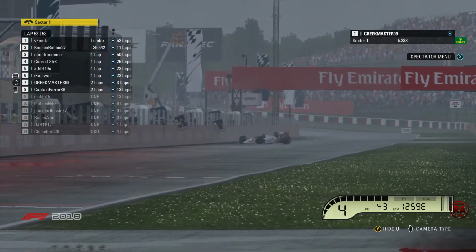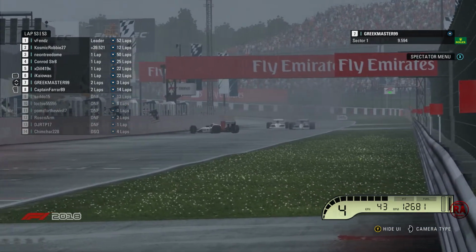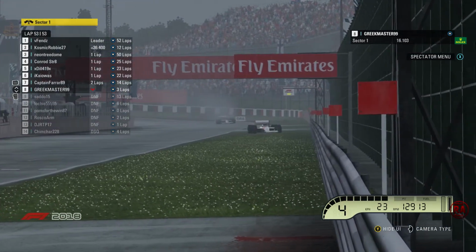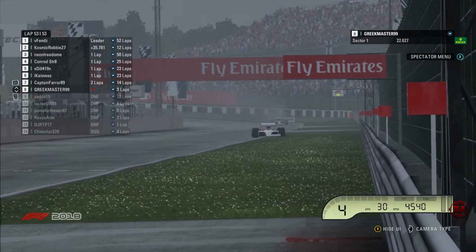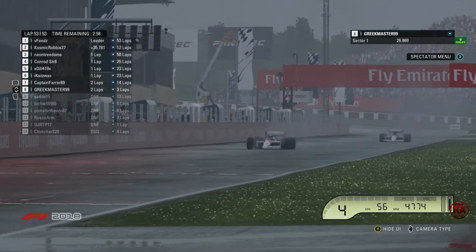But Greek again. It's all going horribly wrong for him now, as they'll be able to see very shortly. No, he's pretty much just doing donuts at this point in this race. But he nearly hits one of the cars there. I'm not sure which one it was, but here comes Fens to take the victory around the Japanese short circuit